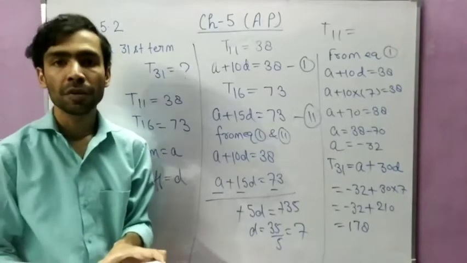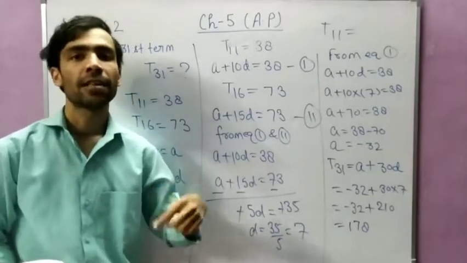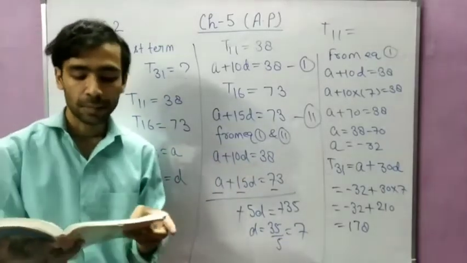So it means the third term value is given and the 50th term value is given. Again you will make two equations. When you solve them, you will get the values of small a and d, that is the first term and common difference. After that you can easily get the 29th term. Okay.